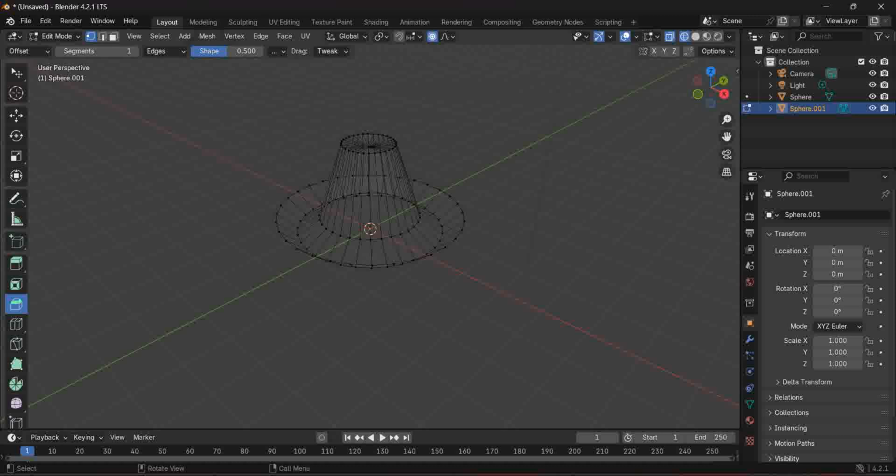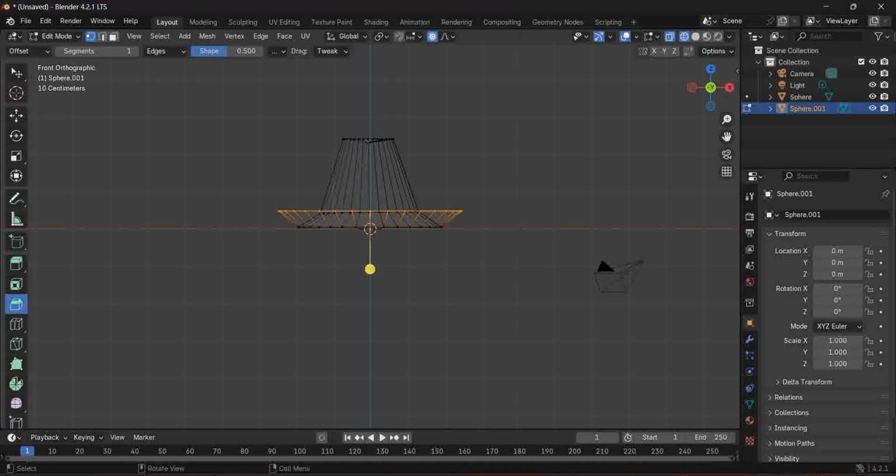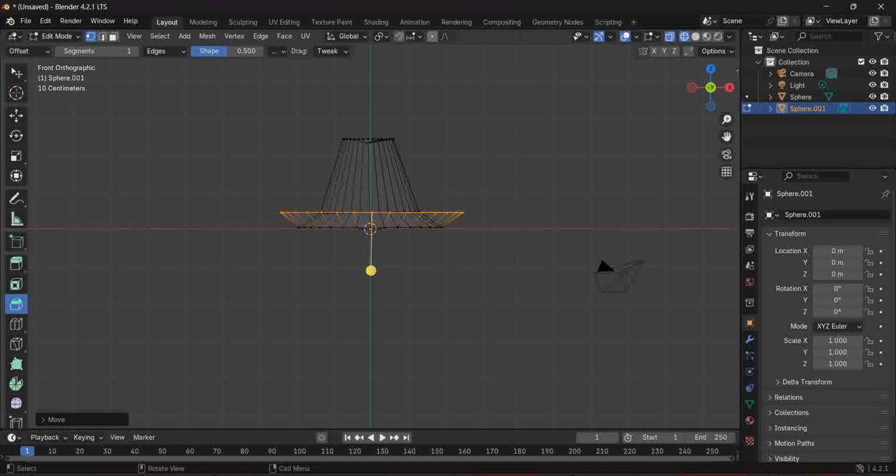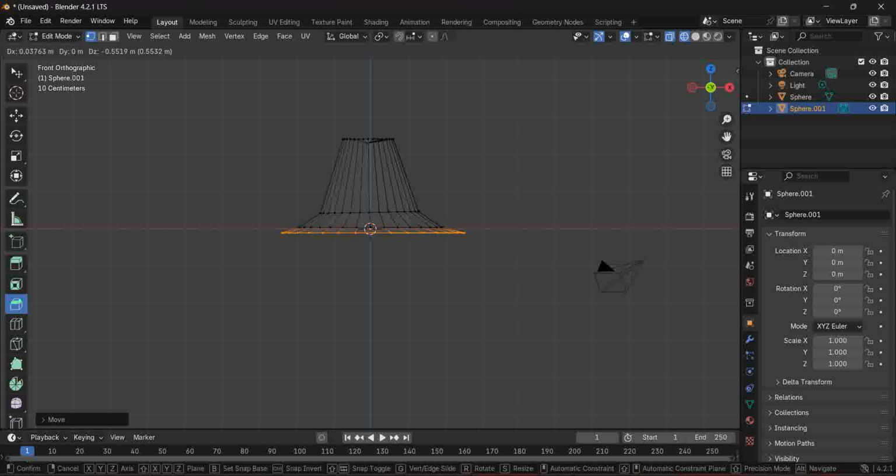So what I will do, I will just press Alt and mouse left click to select all the vertices of this one. Set your mode. Now this time we do not want proportional editing. Let's say if you're working with proportional editing, then press G, you can see that the area which is not selected is also moving. But at this point we don't want proportional editing to work. Okay, so now press G again